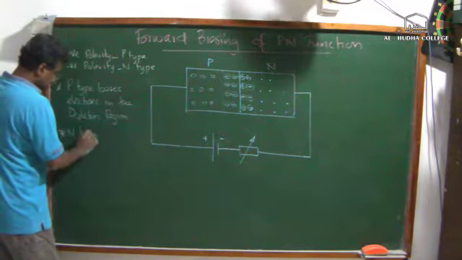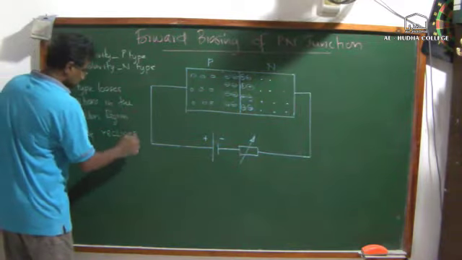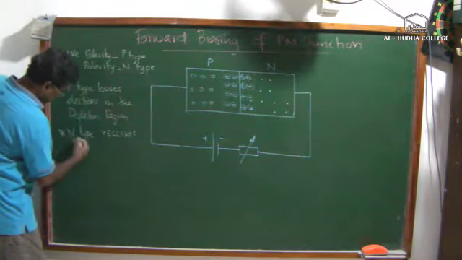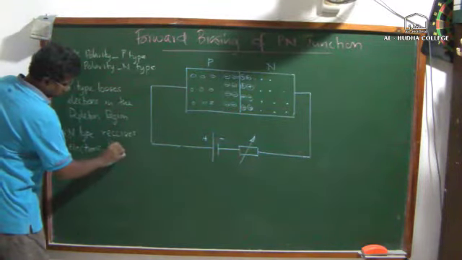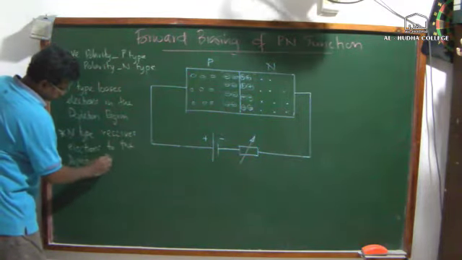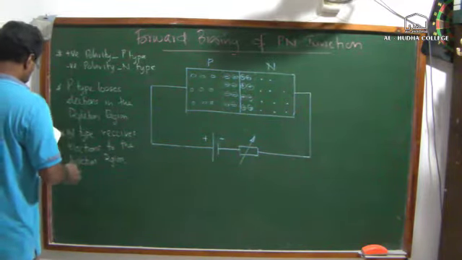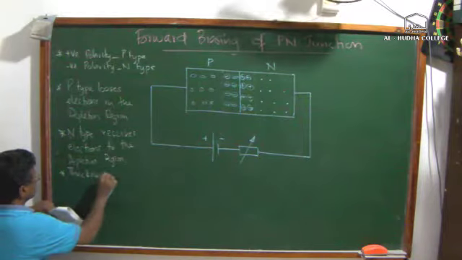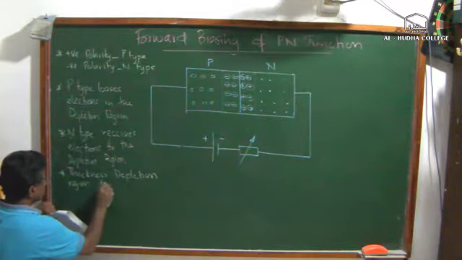N-type attracts or receives electrons to the depletion region. Thickness of depletion region decreases